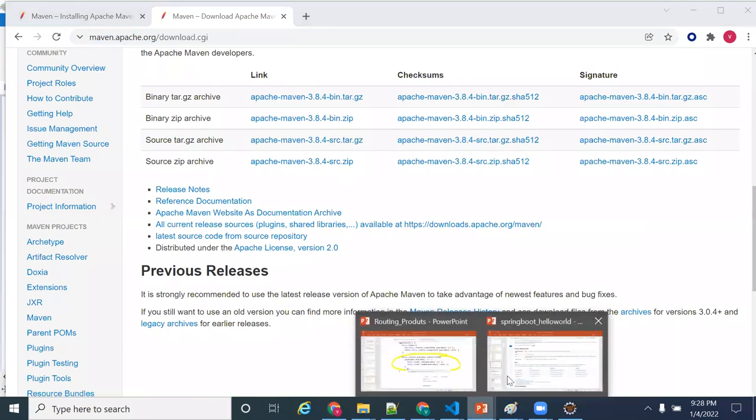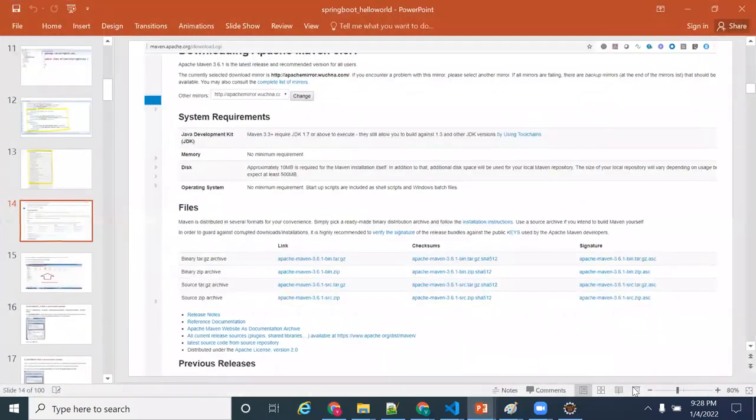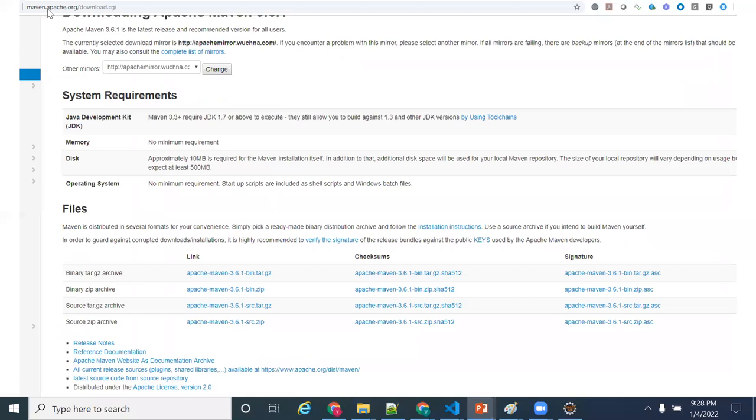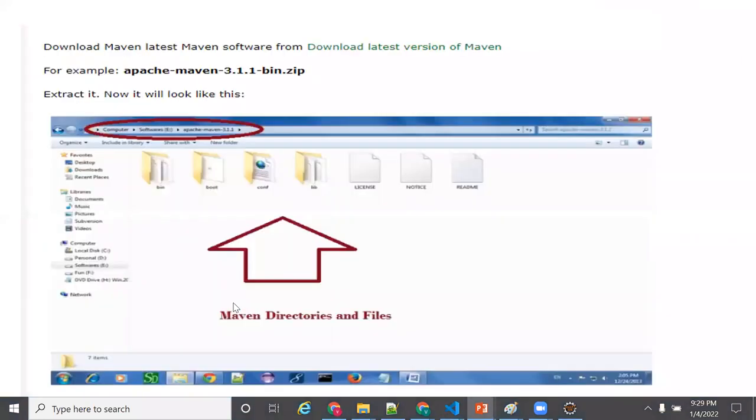So I provided the screenshots also here. This is a screenshot of maven.apache.org download CGI. You need to download this zip file. Then you need to extract that zip file. Assuming that I extracted to softwares, apache-maven-3.3.1. After extraction, these are the files you are going to get. Okay, then